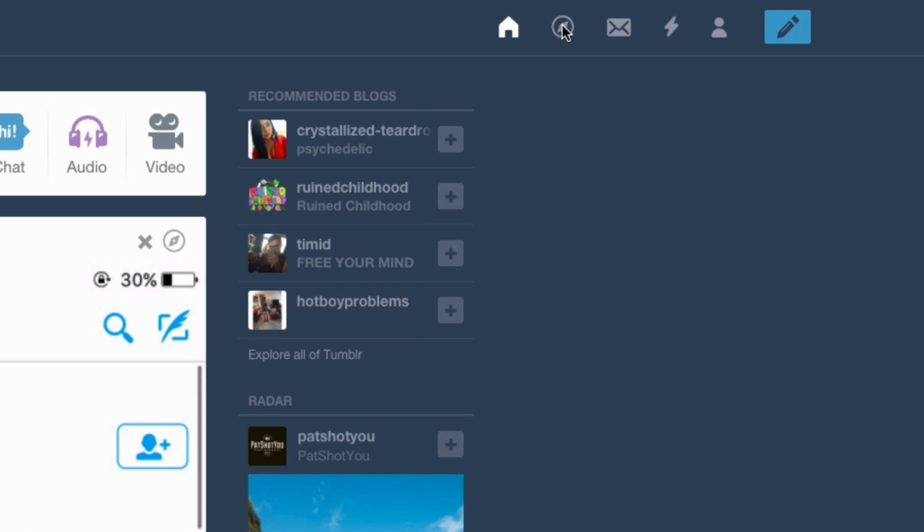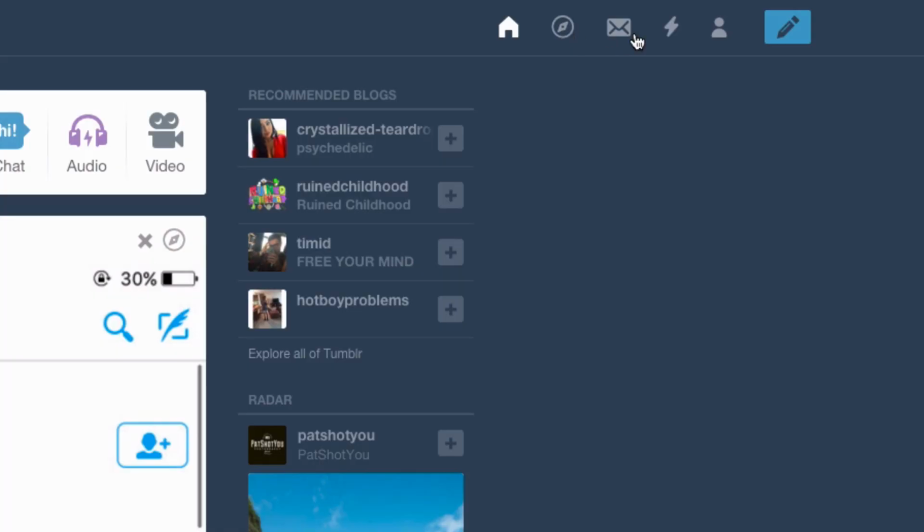Next to that is the Explore button. The Explore button simply goes to a section of Tumblr that shows you all of this different content that you might be interested in. It'll show you music and it'll show you other content. We're going to dive deep into that when we do the searching Tumblr section of the series. Then there's the inbox section where any mails from your fans or any mails from people you follow will go, and that's like the inbox feature on Facebook, I suppose.